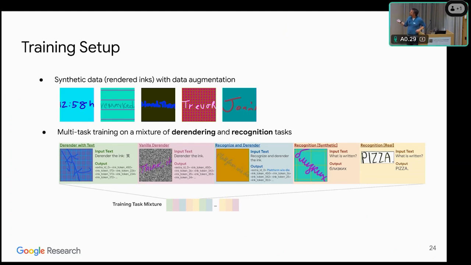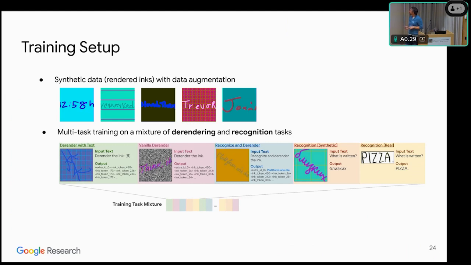The second one that we call vanilla derender is basically the image as input and just say derender the ink. I don't care what it says. I just want the strokes, right? And there's a third task, recognize and derender. So now give me the image input and tell me what the text is and give me the strokes.